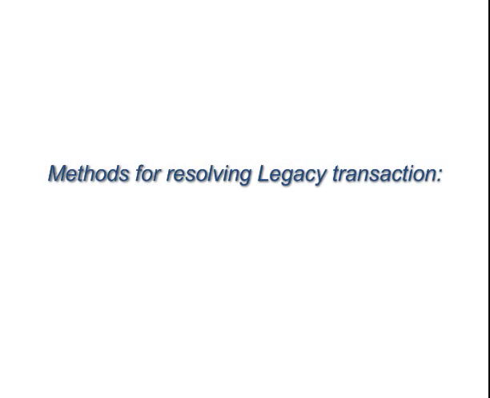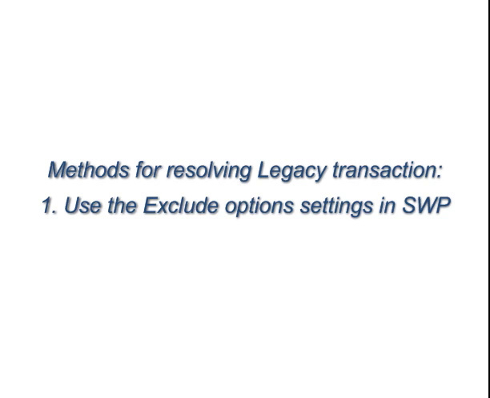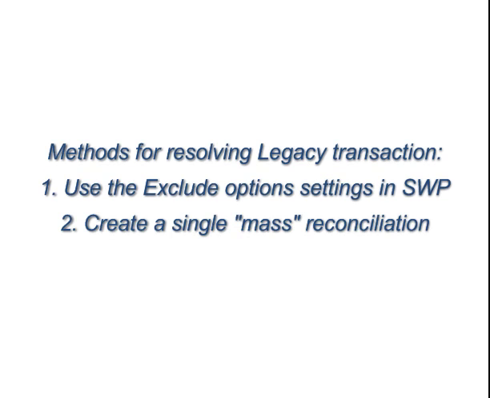One method is to utilize the exclude options, which are made available through system-wide parameter settings. The exclude options allow you to select and exclude transactions and optionally hide them as if they do not exist within the bank reconciliation process. The other method is to complete a single mass reconciliation that corrects all the previous transactions prior to starting your current bank process. If you have legacy data, you will want to review these options and determine the best approach